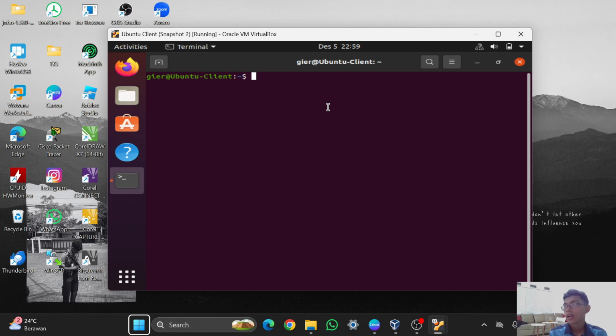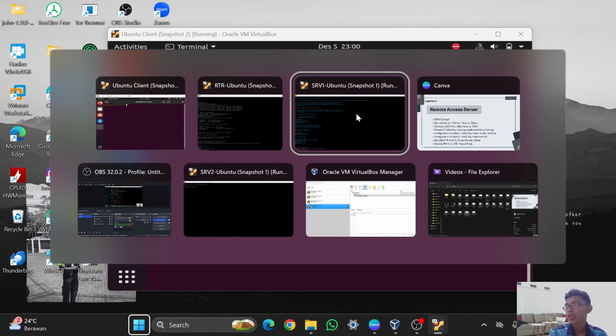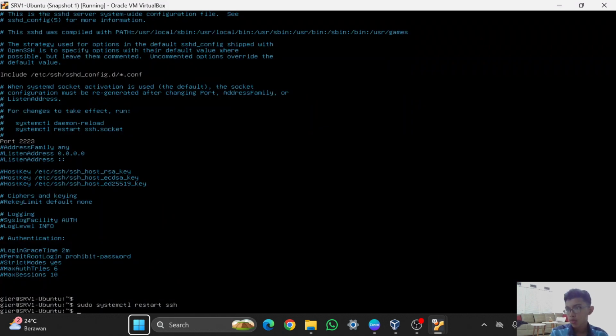Oh yeah, in here I already opened the terminal on the Ubuntu client, and I forgot that I need to reboot my server 1 Ubuntu, because with only the command sudo systemctl restart ssh, sometimes it does not restart. So I will try to reboot my server 1 and I will just wait.